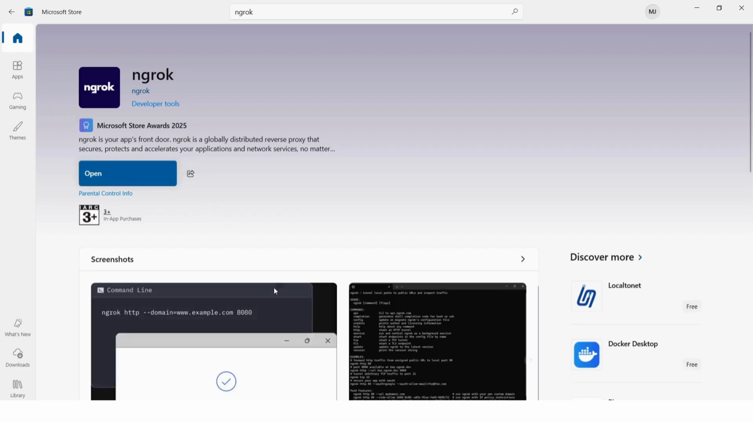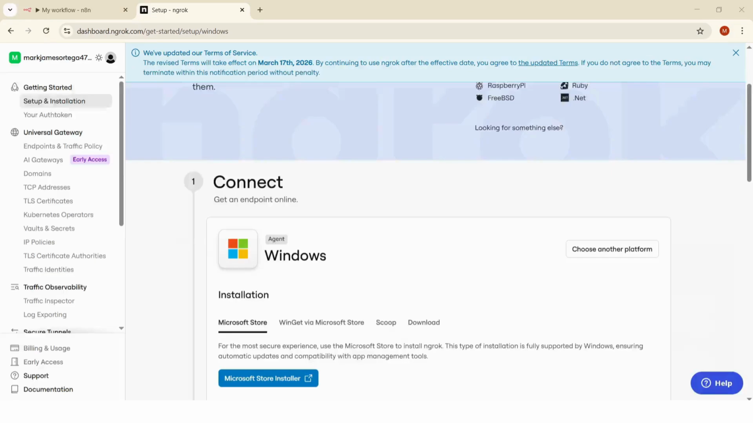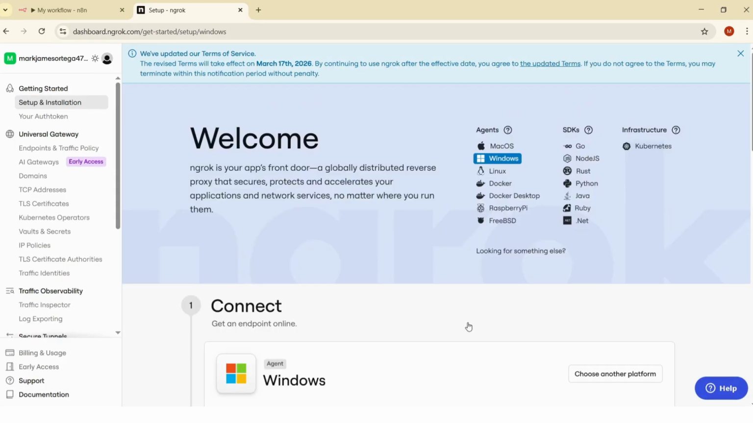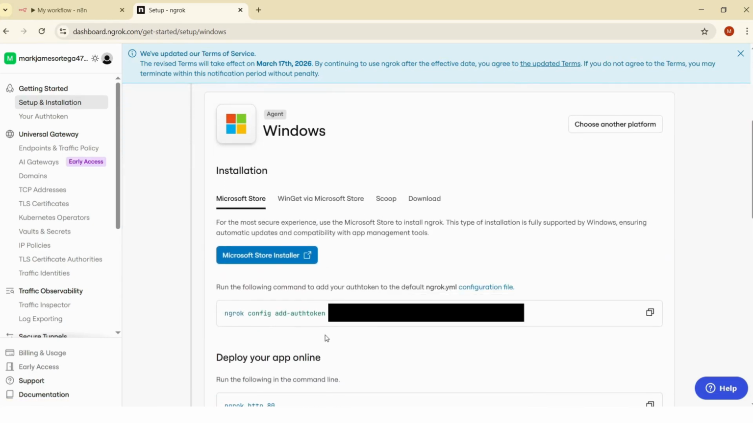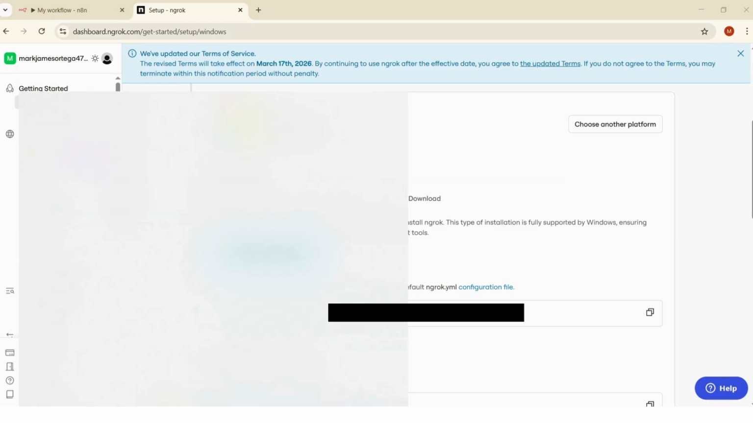Then after that, let's head back to their website. There we go. After installing, we should head back to the website and then sign up for a free account. Then head to the setup and installation, scroll down, and you should see this command which has your auth token. I'm going to hide mine because you should treat your auth token as a password. So copy this command, then open up your terminal,